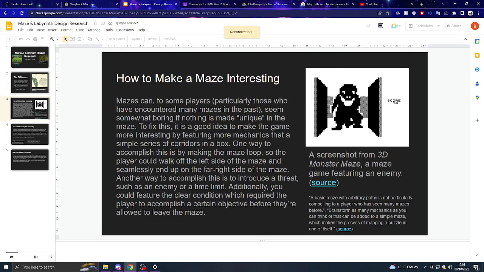Other examples of ways to make it interesting would be stuff like looping, like the maze loops. Like you get to one side and then it takes you to the other. Yeah, that's a pretty good example of it. And another example of